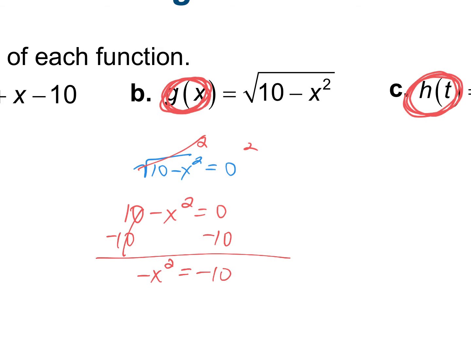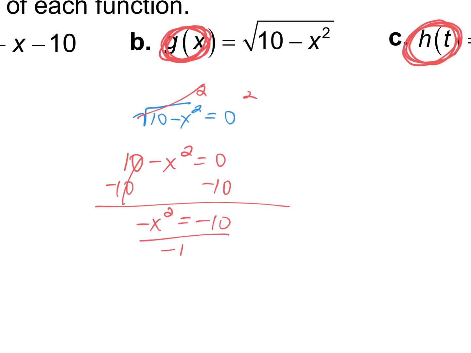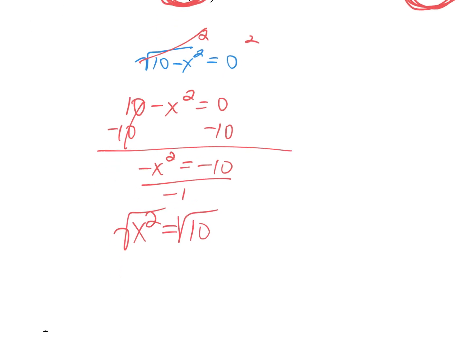All right, I need x squared to be positive, so what do we do? Multiply by -1. Divide or multiply by -1. Perfect. So x squared equals 10. And now what? Square root. Take the square root. So x equals